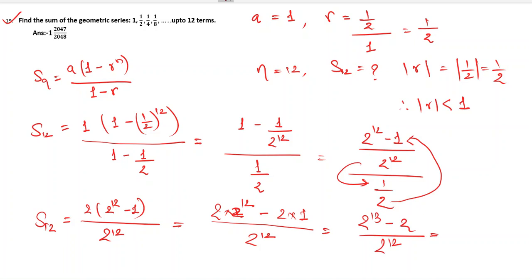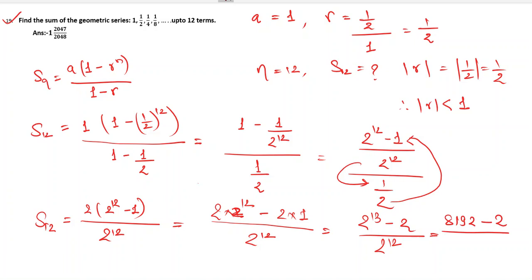See what we can do over here. Just find the value and put it. Nothing else can be done. You just have to find the value and put it inside. Okay. So 2 raised to 13 is 2 multiplied by itself 13 times. And if you carry out the multiplication, you will find the answer 8192 minus 2 upon 2 raised to 12.